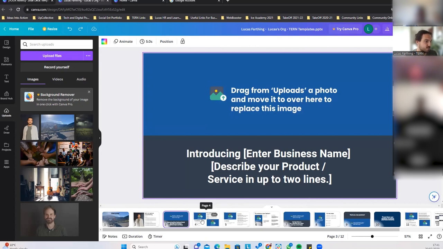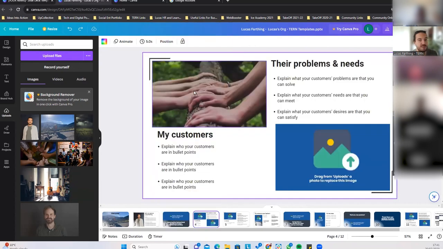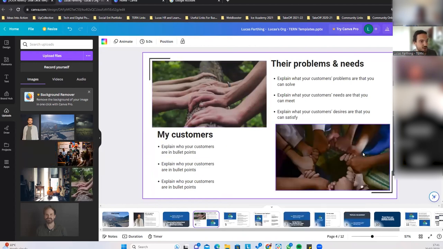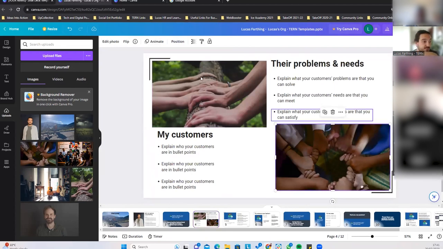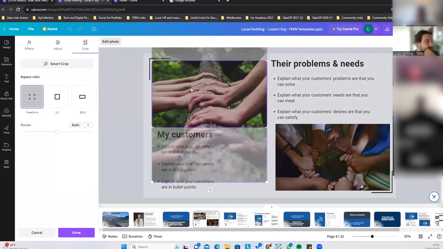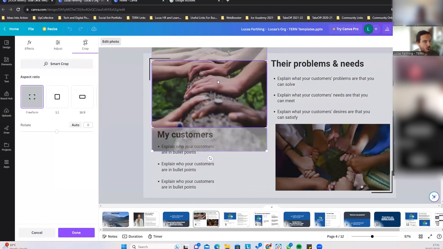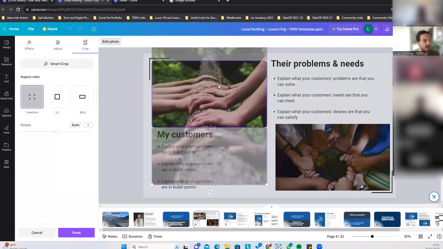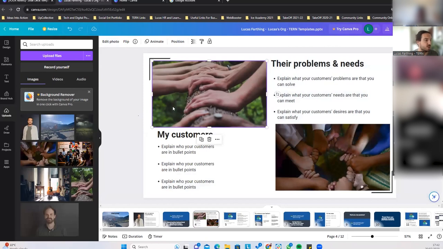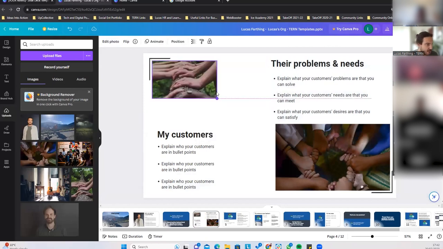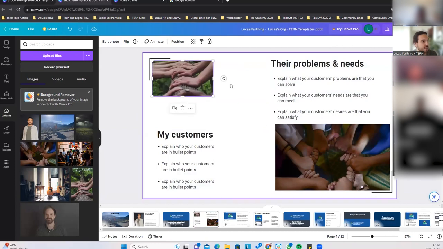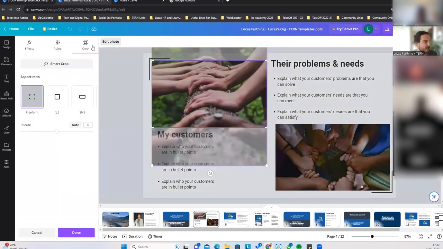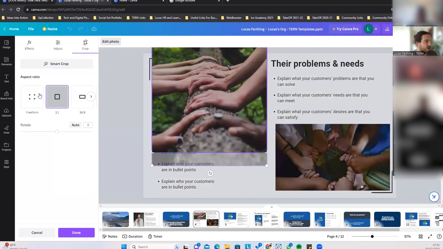Now, sometimes with Canva, you might want to move things around. So if I put that in there as an auto slide, it's worked really well, but maybe I want to make this bigger. And this is quite an important thing: if you double click here, you can see that I'm not showing all of the image. So I can change what I want here to show here. And this is important because this will impact your images and how you show them. So instead of having to do this and move things around and get them right, in Canva, what's great is if you double click it, you can choose what size you want